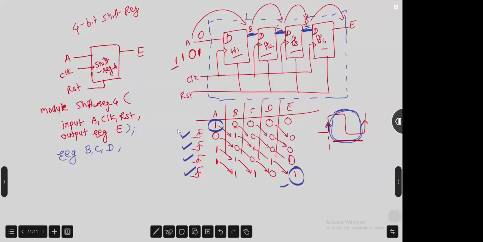Now here we are writing the actual program, the always block. Now you have to tell me whether it will work as a shift register or not. This block will execute only at the positive edge of the clock. Okay, only at the positive edge of the clock. If